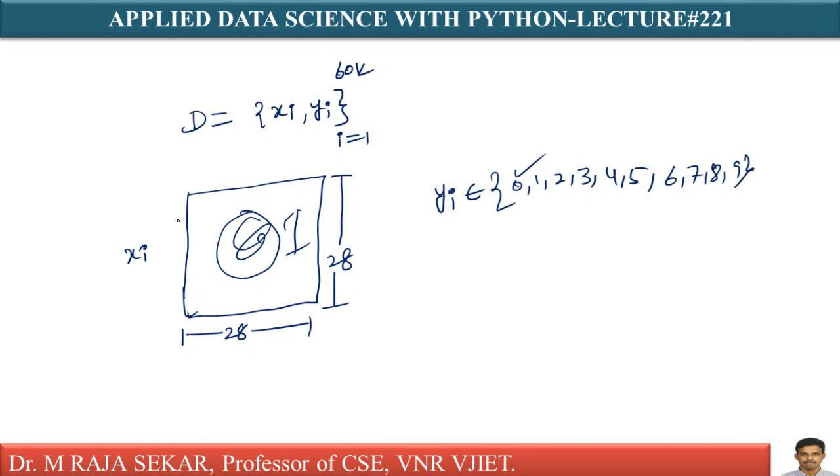There are 60,000 training data points. Each training point is associated with these labels from 0 to 9. Therefore, as I told you, what is our objective here? Our objective is to classify the